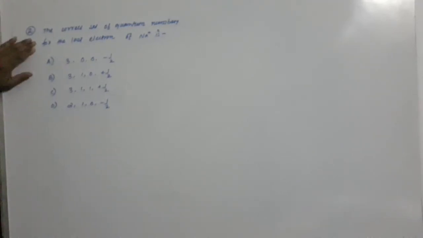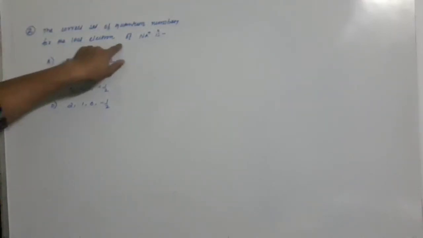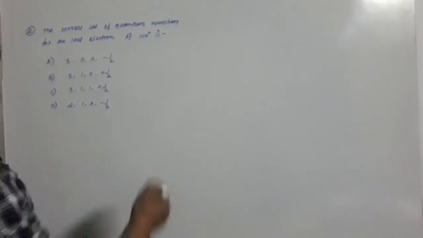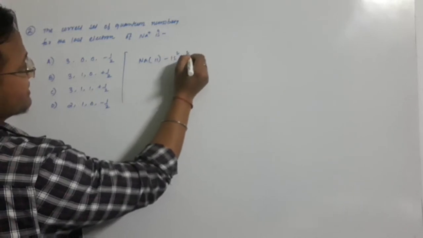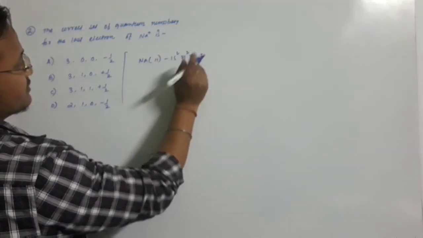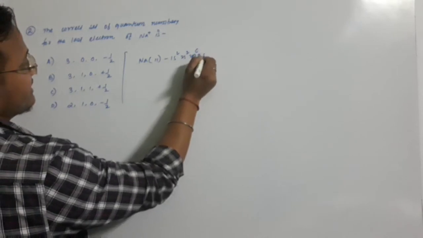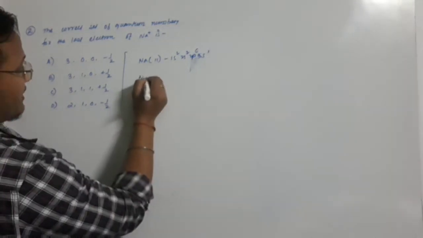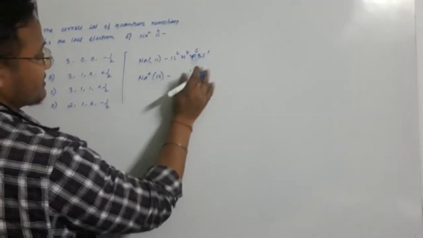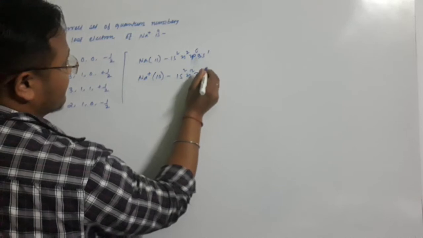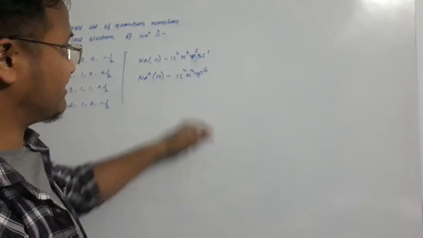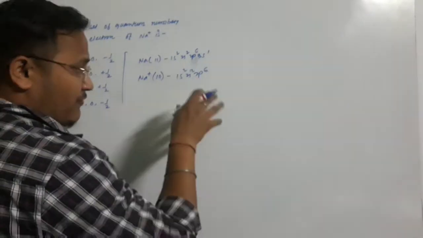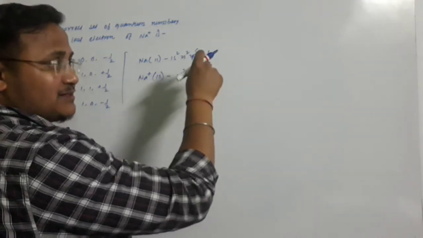So here is the second question for us, and it says the correct set of quantum numbers for the last electron of the sodium positive ion. Now if you look, sodium has 11 electrons, the electronic configuration is 1s2, 2s2, 2p6, and 3s1. And when it is sodium positive, it will be 10, which is 1s2, 2s2, 2p6. Before going to the options, let us examine which is the last electron in the case of the sodium positive ion, right? So obviously the electron will enter this orbital.